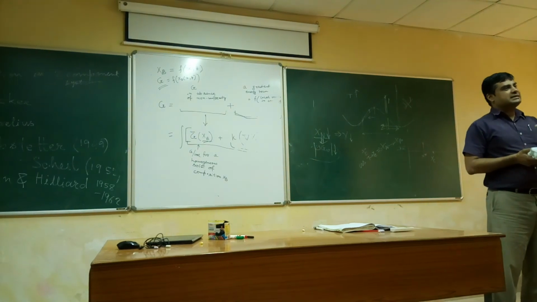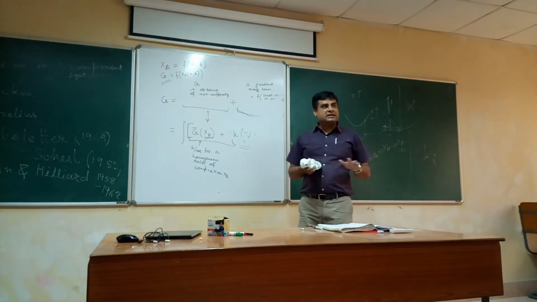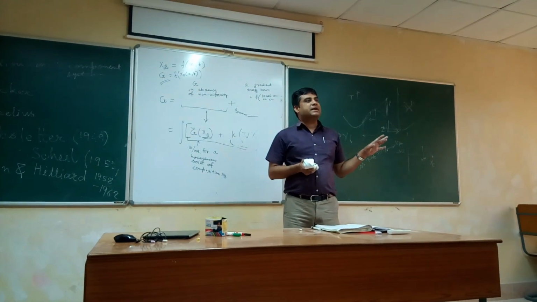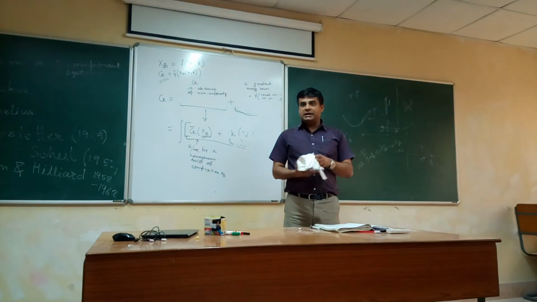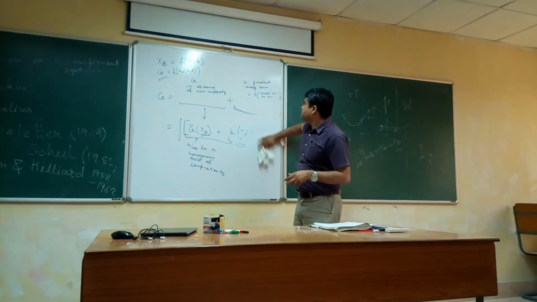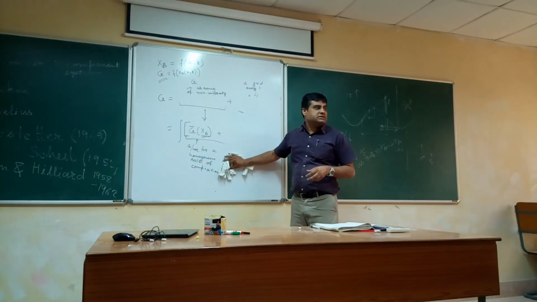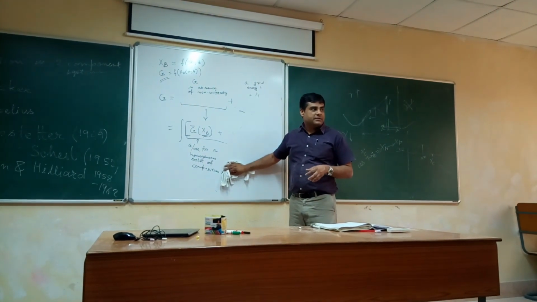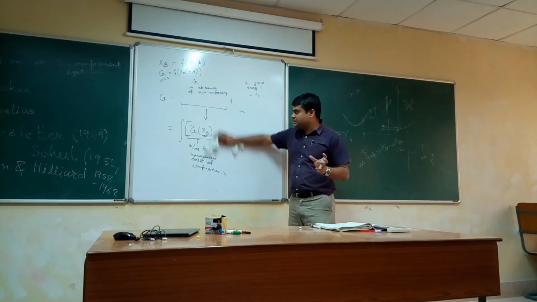So the basis is the Kahn and Hilliard model. So the basis for all the present phase field modeling in materials science is the Kahn and Hilliard model, where interface is not considered to be a sharp interface. Its width is a variable. Its composition, the nucleus composition, is a variable.